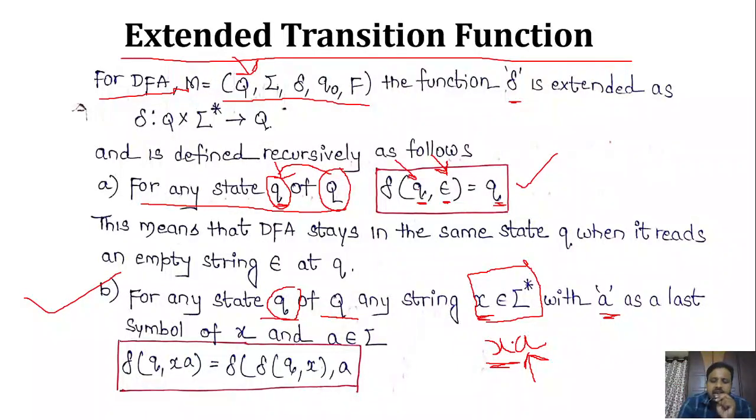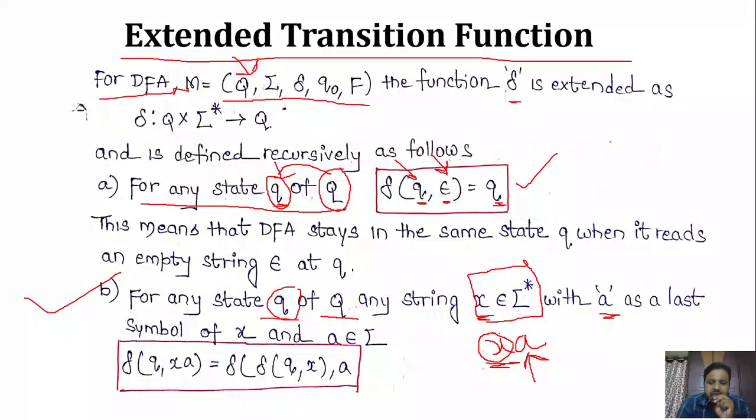Okay, and a is also a symbol from the sigma. So that is the common point. As we know, when we are taking the string, all the symbols must be from the alphabet set sigma, right? But here we are considering x as a string consisting of some sequence of symbols from alphabet sigma, and a is some one symbol which is also present in the sigma. So we have considered the string in this fashion, x followed by a, right?